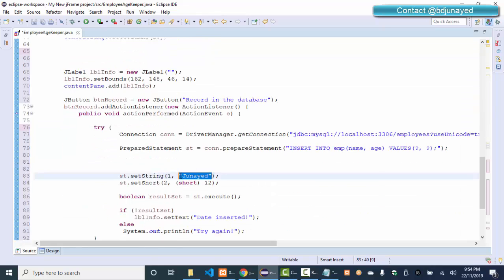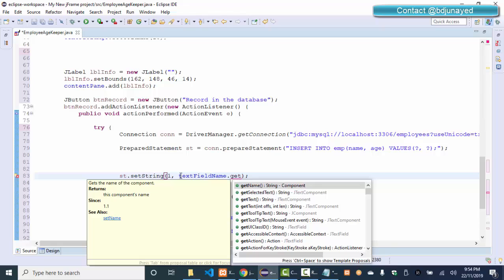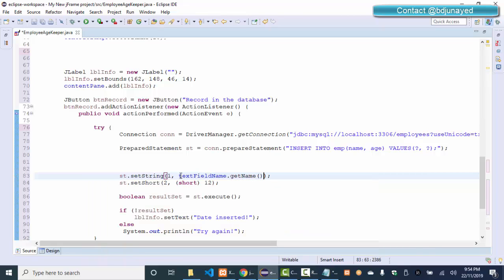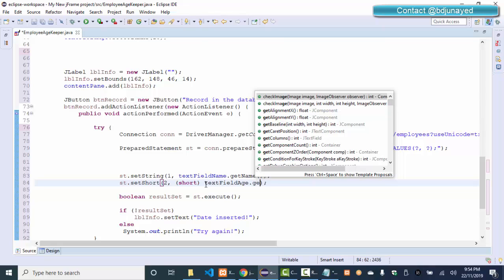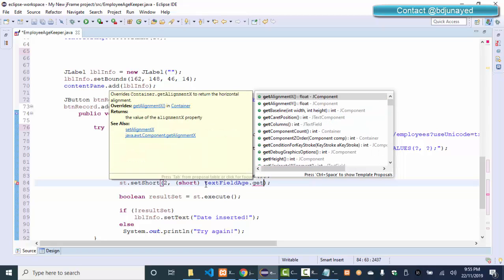Instead of putting Junaid here, we put textFieldName.getText, right? And instead of putting the age here, we'll put textFieldAge dot get